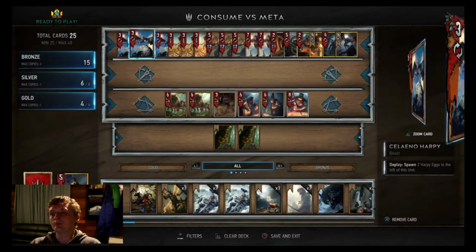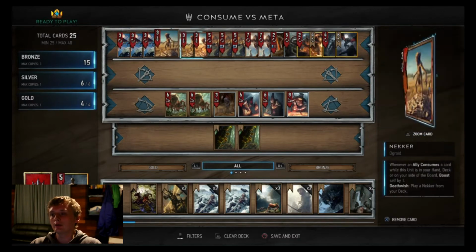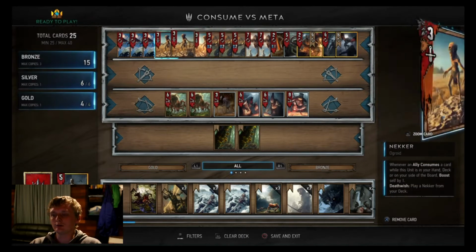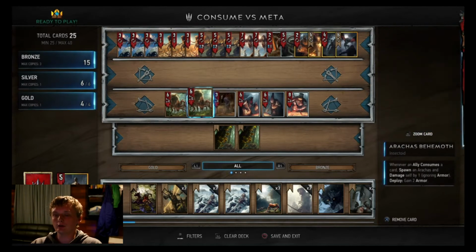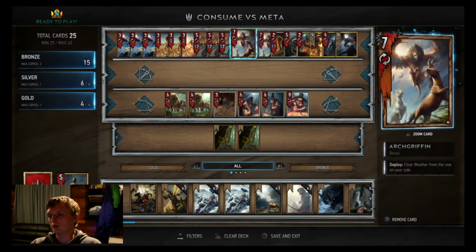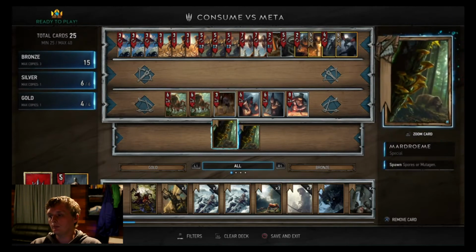In this video, I'm going to be showing the consume deck that I run right now versus the meta of weather decks and other consume decks. It's a little bit different than the normal consume decks, mostly because I don't run 3 Arrakis Bahamas or the 3 Spiderlings. I took those out to make room for 2 Arc Griffins and Mardrome,